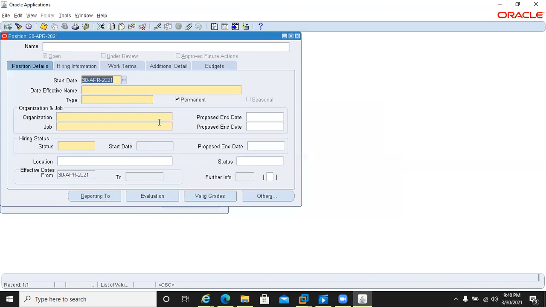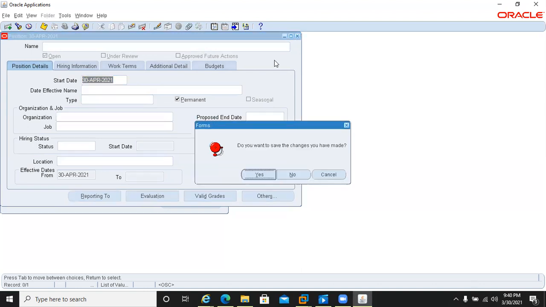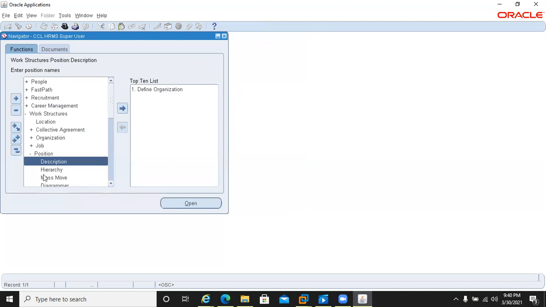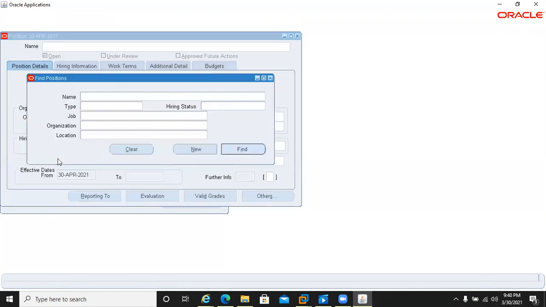Because it is not attached to any employee. But still, I didn't save my record. I close my record screen and click no, which means I roll back that transaction because I didn't save the record.